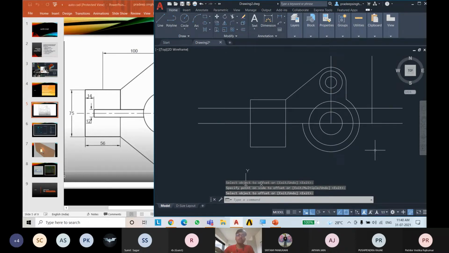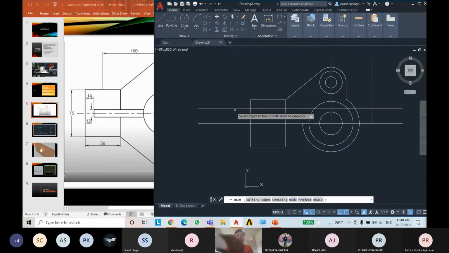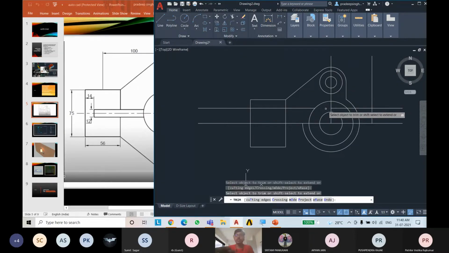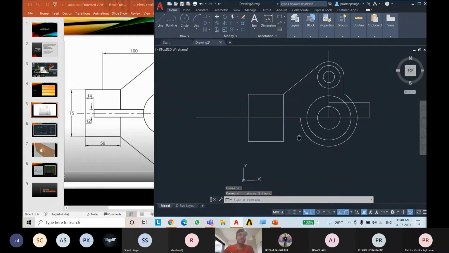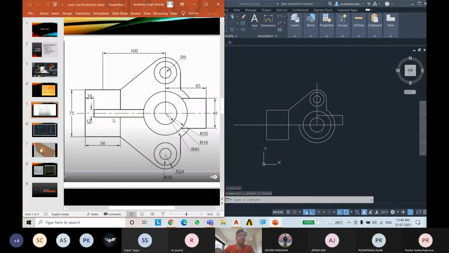So we have drawn this. So now delete the unnecessary things, like you can delete this and this and this. Just select this line and press delete. It will automatically delete.